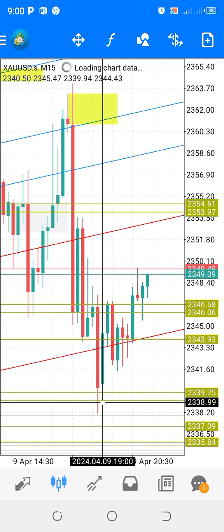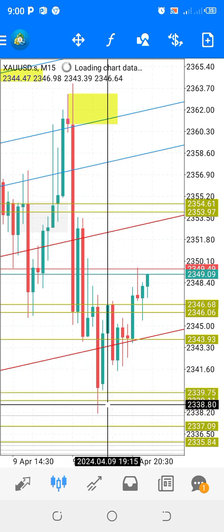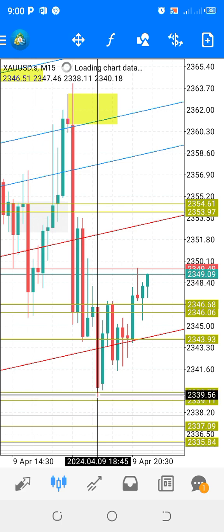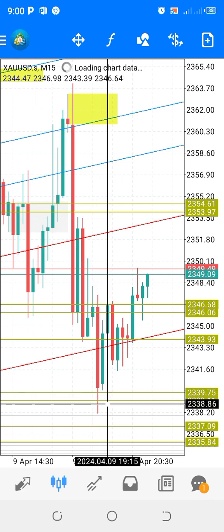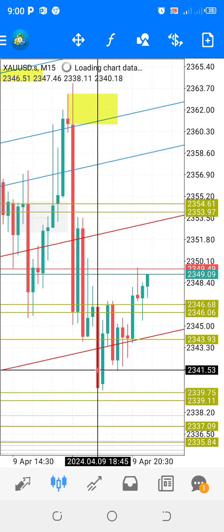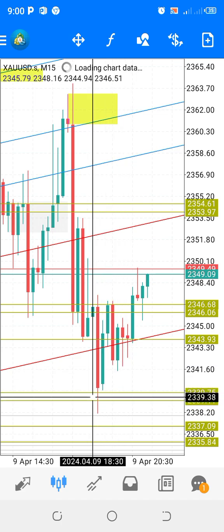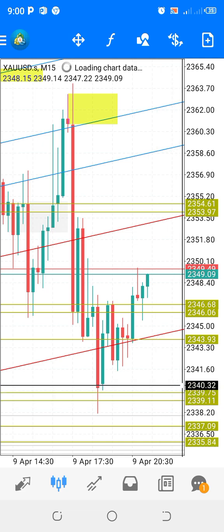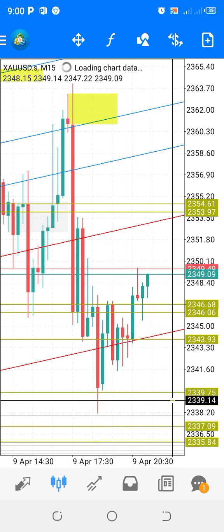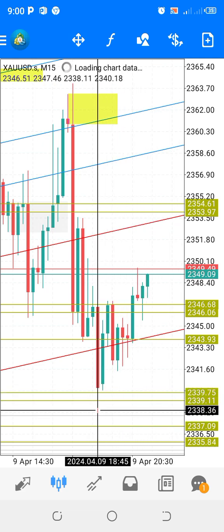But what happened? The market comes to retest the previous level. You remember? The previous level. So if this would have been a break, there is a previous level that has not been broken, which is the 2339.75 and 11. So these two levels